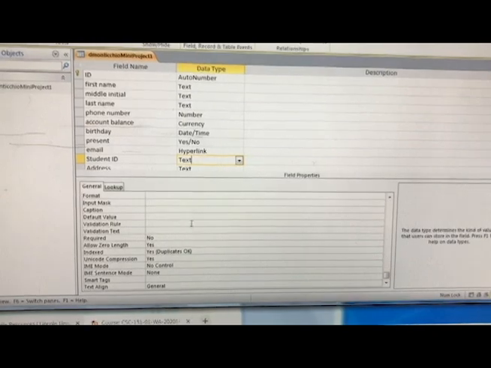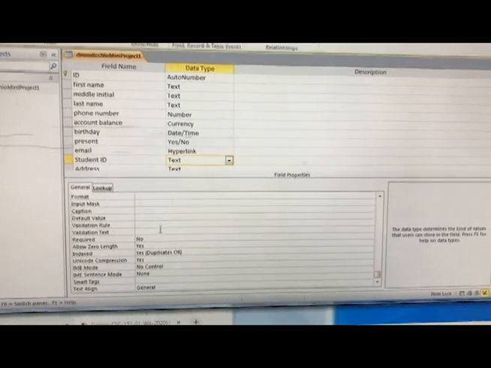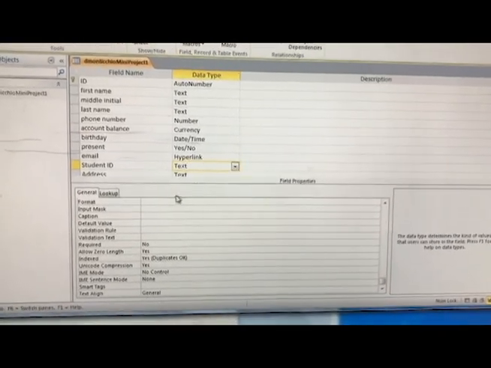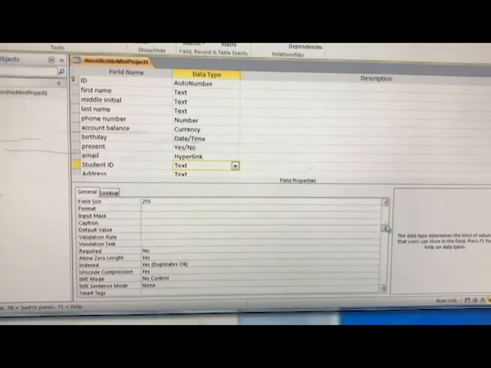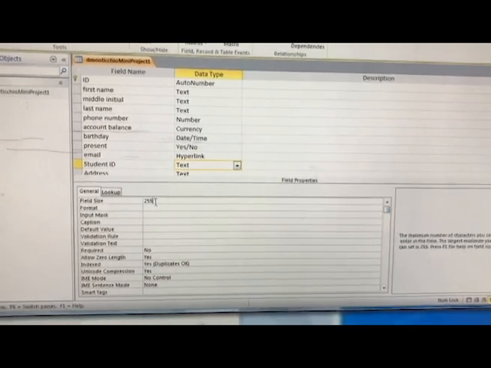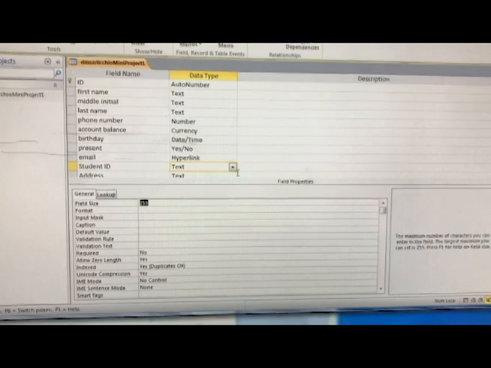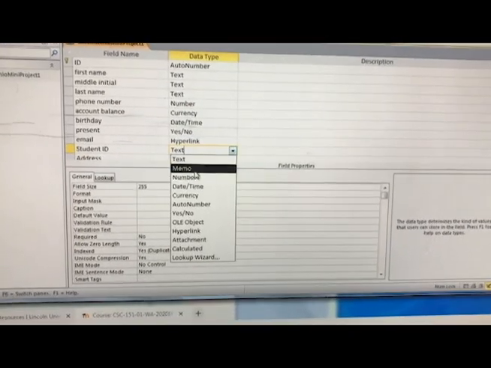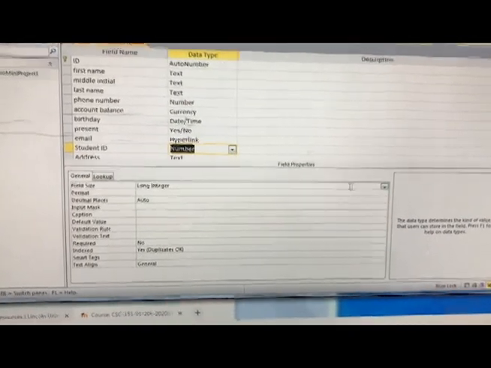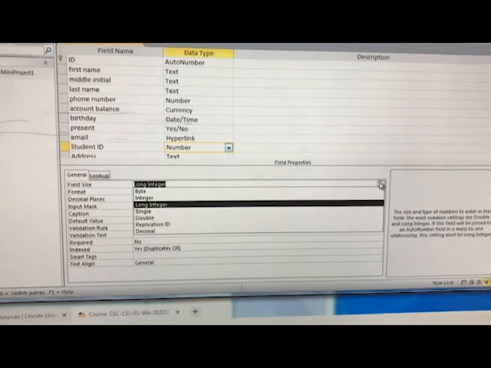Why not? We'll make the student ID 6. Why not? Well, so right now the student ID has a field size of 255, I can change it to 6. But what would happen if, say, I had it as a number instead? Okay, well, I can't